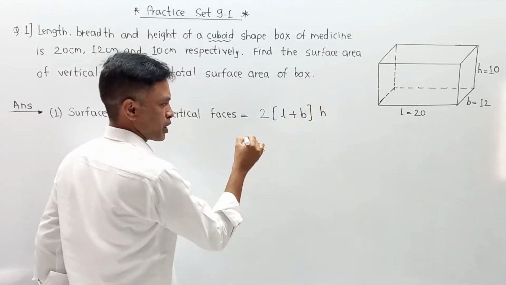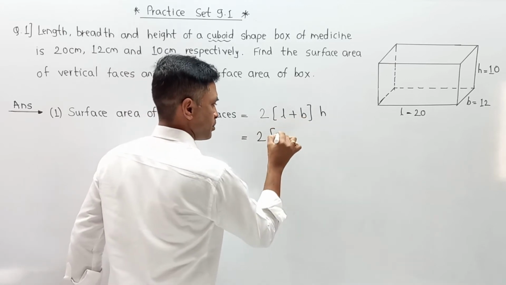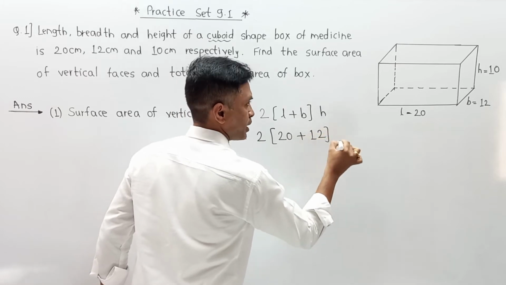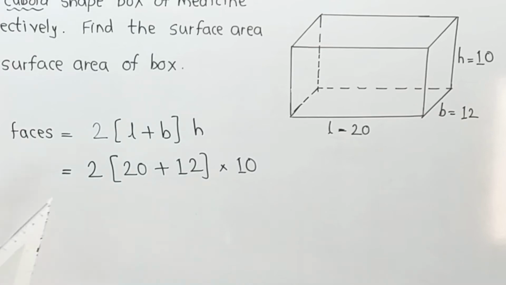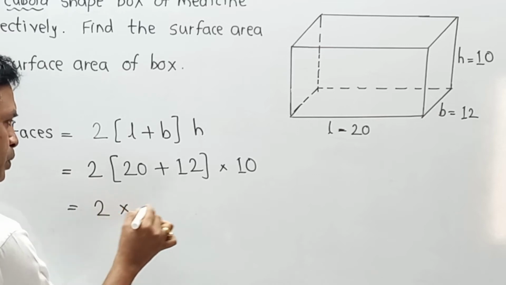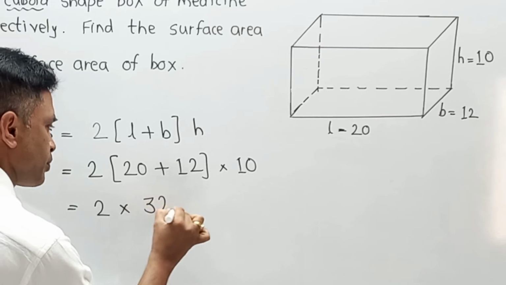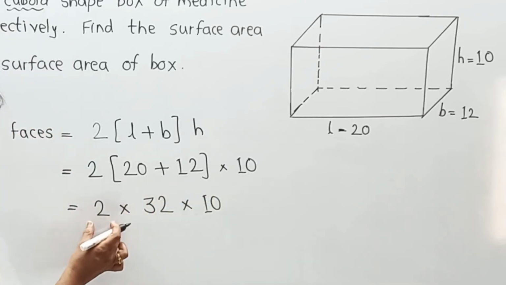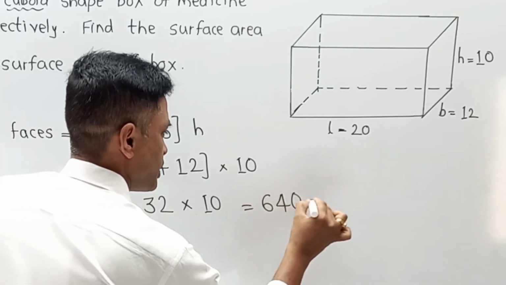Now one by one the values according to this. 2 into bracket length plus breadth means it becomes 20 plus 12 into height. That height is given as 10. Now we are going to do the needful simplification: 2 into 20 plus 12, that becomes 32 into 10. And if I do the product, 32 into 2 is 64, 64 into 10 means it becomes 640